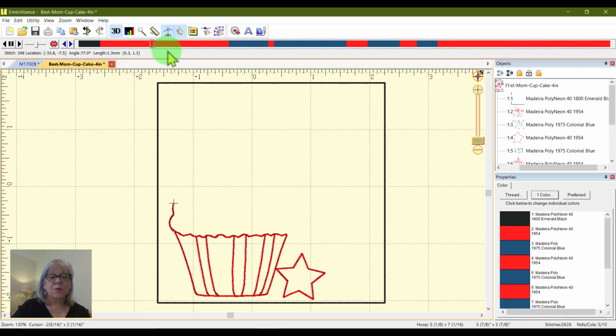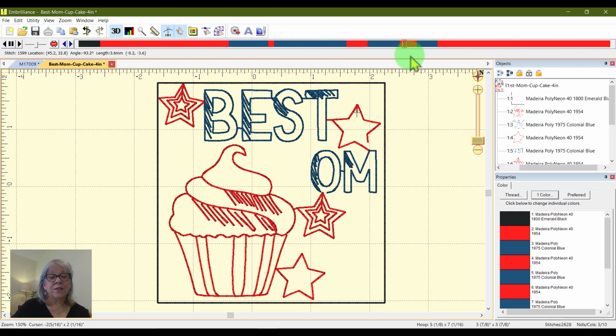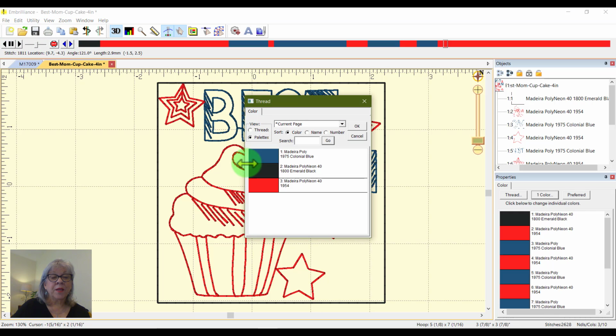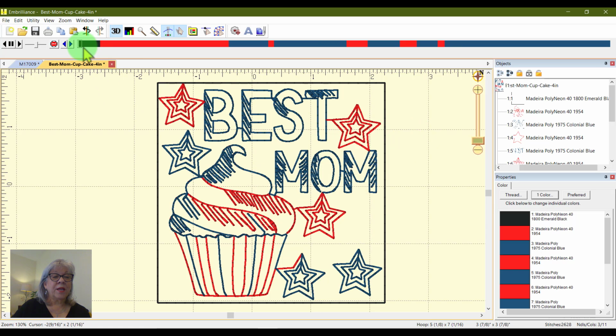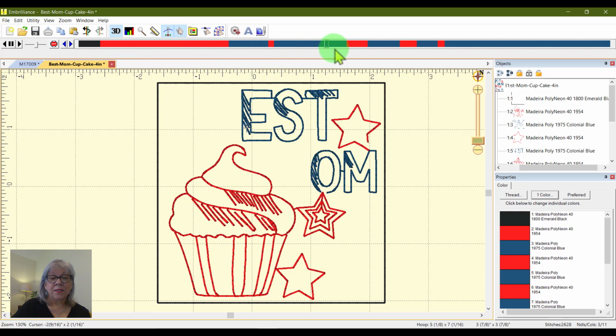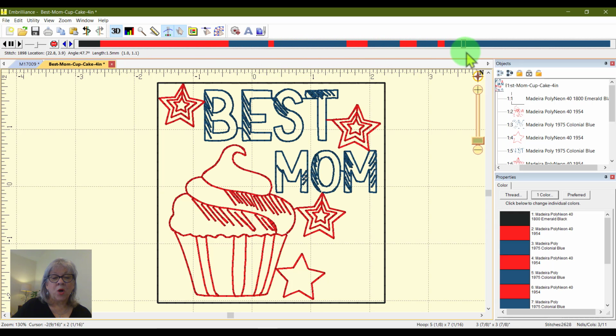So let's see, we're going this way. There's that. Perfect. Okay. Right when we go from the cupcake, I need to go back. Right there, I'm going to put another stop in, change it to blue, say OK. All right, we're getting close to the end, you guys. There's best and mom. Right when it leaves mom, so I can go forward again with, okay, and I can